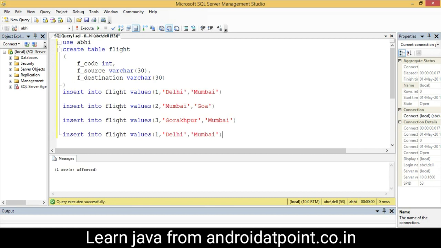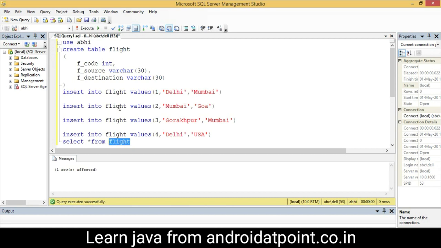Again paste it, flight code 4, Delhi to USA. Select it and execute it. I have successfully inserted 4 records into the flight table.